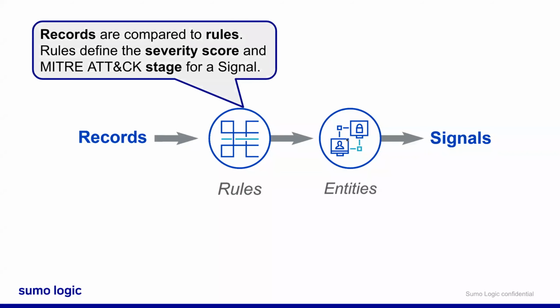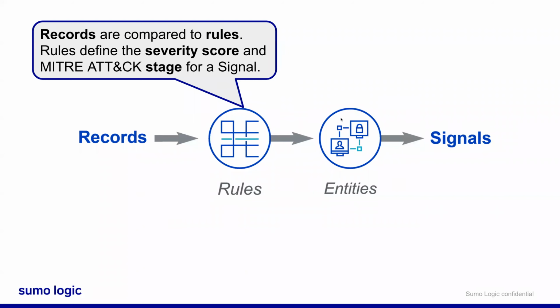If a record matches the criteria specified in a rule, then Cloud SIEM is going to create that signal. The severity that's going to be provided is a number between 1 and 10. That is going to tell Cloud SIEM how serious the potential threat is. When a signal is created, it's going to contain a name, an entity, a severity, a stage, and a description. A signal is always going to contain, at a minimum, an entity and a severity.